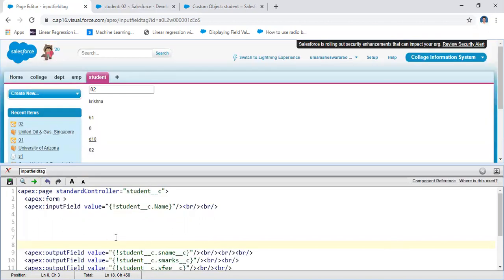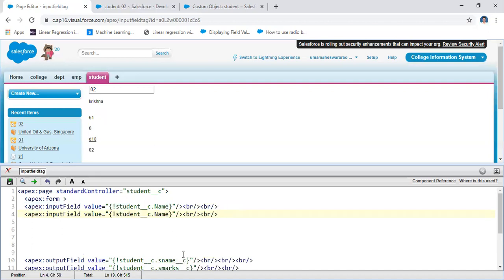I want to hide next. I want to hide any field here. For example, this is a field value, and another one, another field value. How can you get the other field value for the name? I am taking student underscore dot, Control V. It shows the name field, also an input field. The name field, input field.